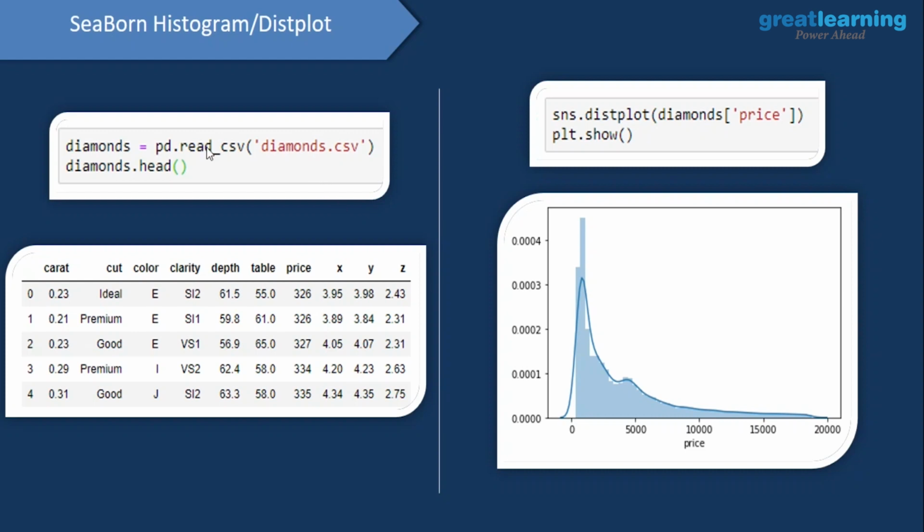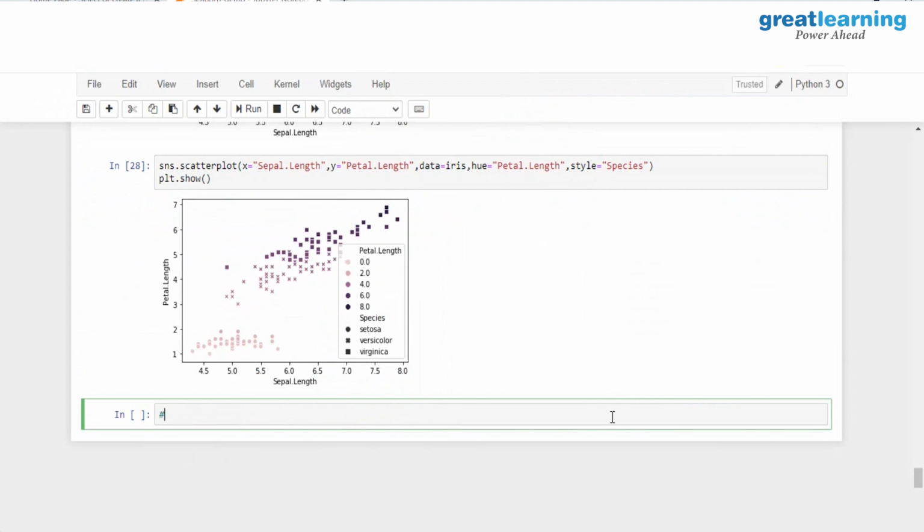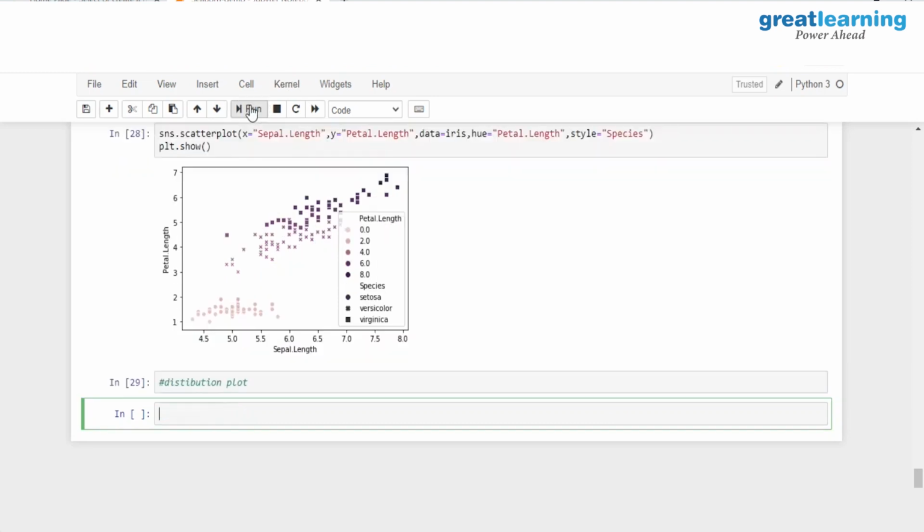So we'll load up this diamonds data frame, we'll store it in this diamonds object, and then we'll have a glance at it. After that, to create this distribution plot, we'll use distplot, and inside this, if I want to understand the distribution of the price column, I'll just pass it over here. So I'll have diamonds of price, and as you guys see, this would show us the distribution plot. And as I've told you, the distribution plot is a combination of a histogram and the frequency curve. I'll just add this comment and I'll add distribution plot.